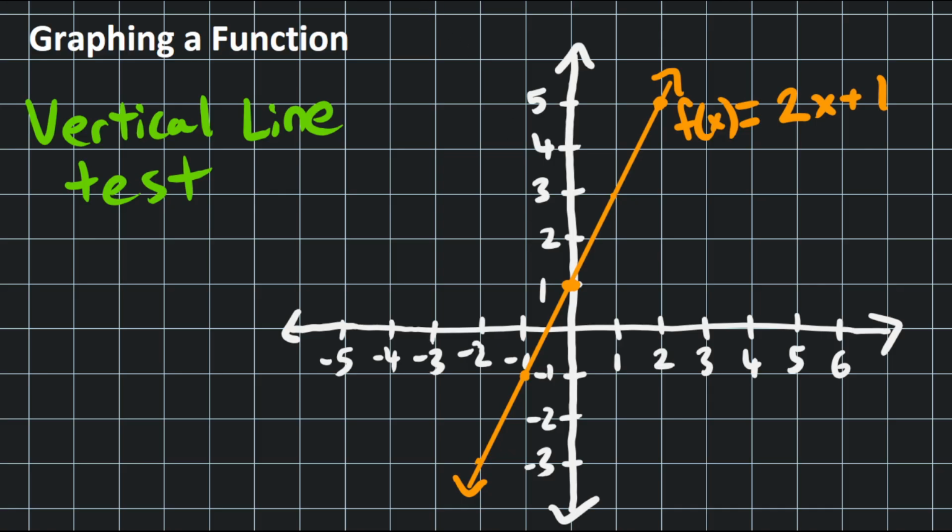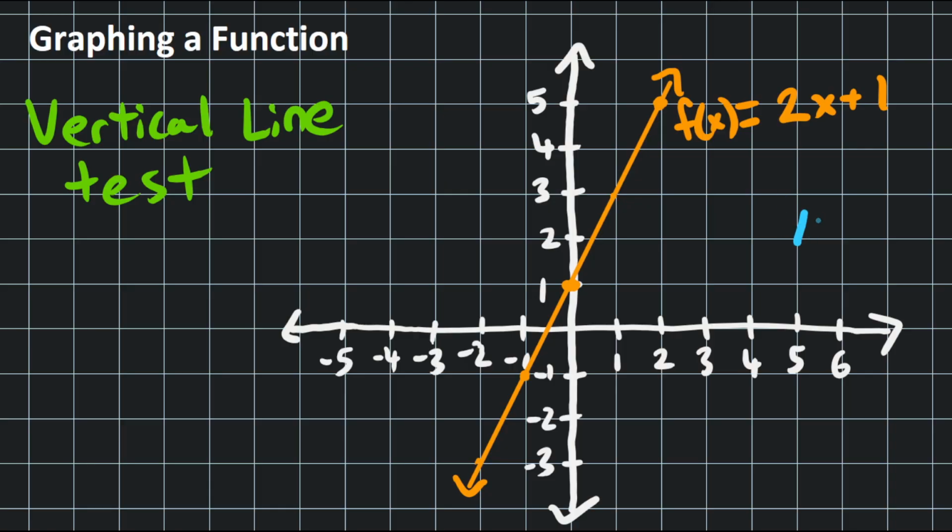So let's go ahead and give an example of a function that doesn't pass the vertical line test, or rather a graph that doesn't pass a vertical line test. Because if the graph doesn't pass the vertical line test, then it's not a function. So let's say we had a graph right here. Let's say y equals,